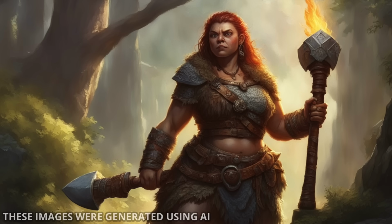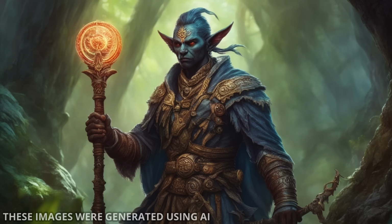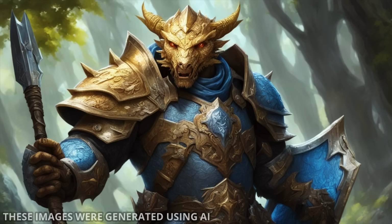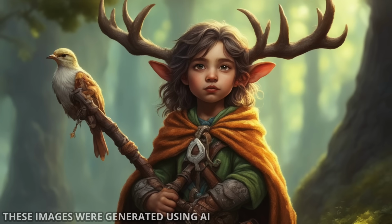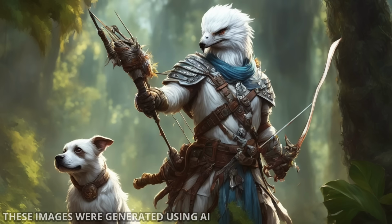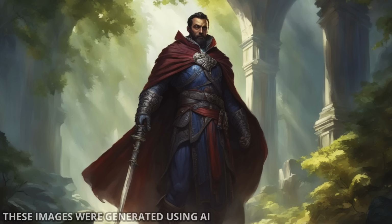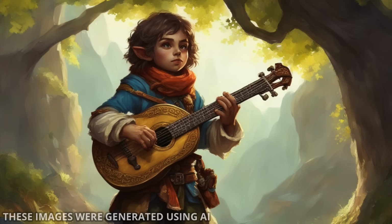First up, we've got a female dwarf barbarian with an axe and torch, a Githyanki warlock with eye staff and a knife, a tiefling sorcerer with a red baby dragon and pink lightning, a golden dragonborn paladin with gray armor, a blue shield and mace, a halfling druid with cape, bird and staff, a white Aarakocra ranger with bow and small dog, a mind flayer with intellect devourer, Strahd von Zarovich with sword, goblet, rat and cape, halfling bard with lute